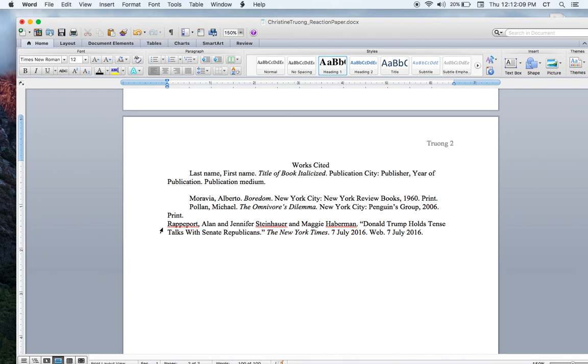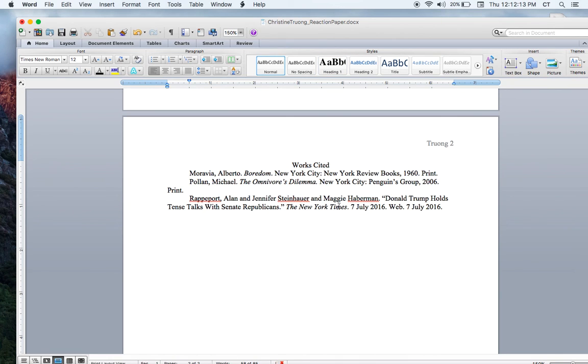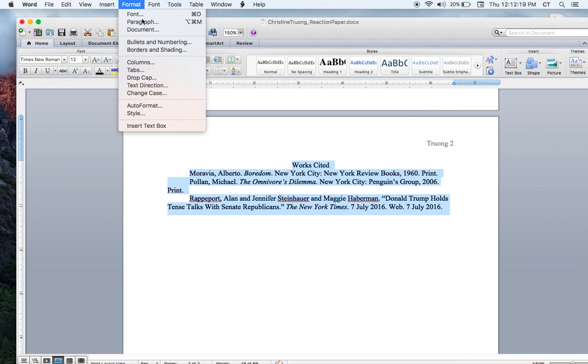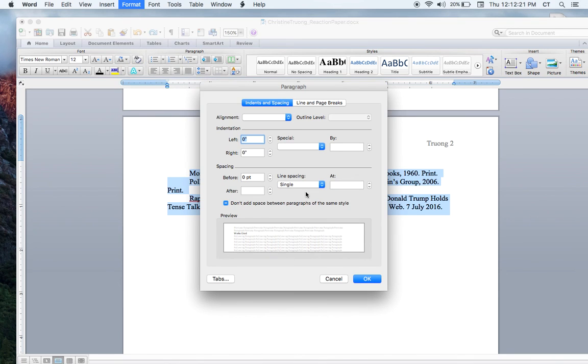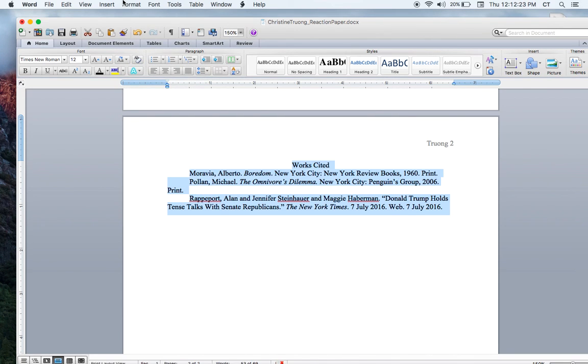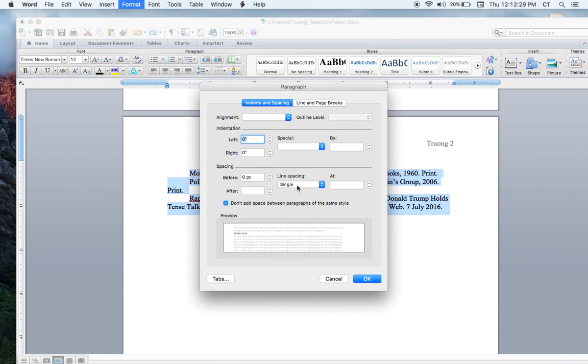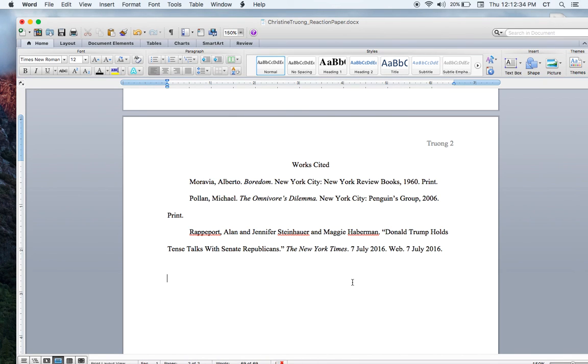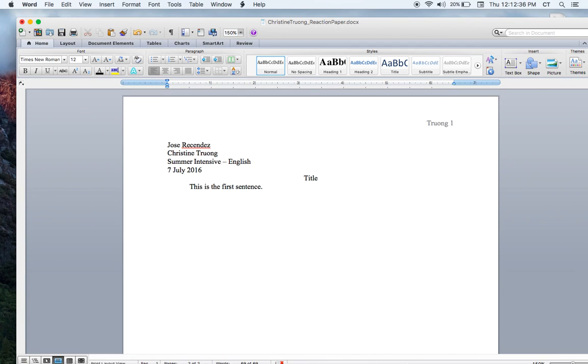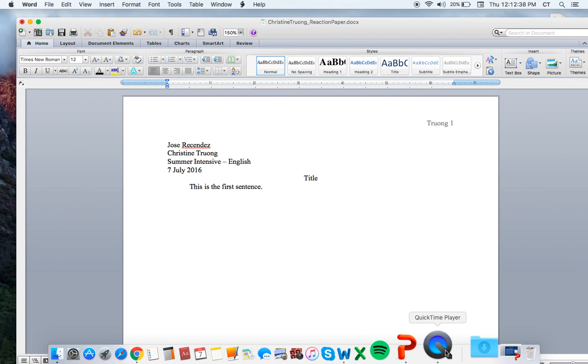Let me just put it all together. My works cited page is in alphabetical order. I'm going to double space it to show you what it should look like. To double space, if you don't know, go to Format, Paragraph. We're going to double space. It should look like this. That is the end of my presentation. Hope that wasn't too